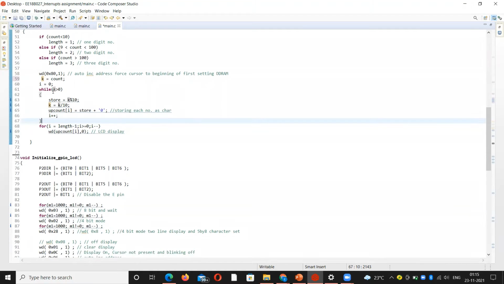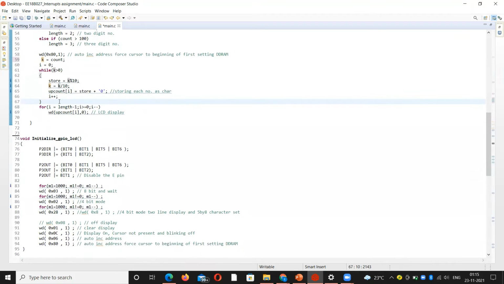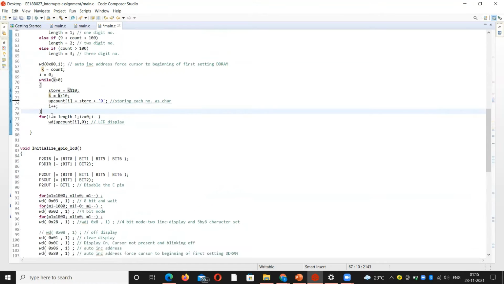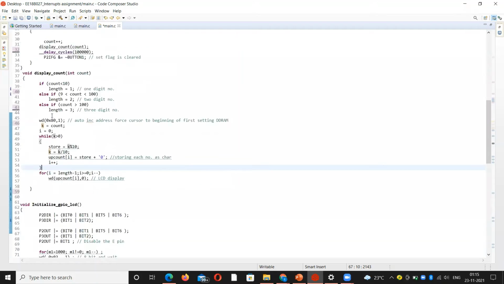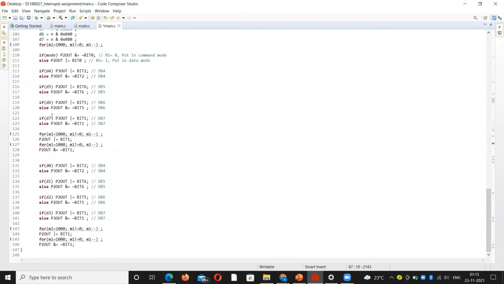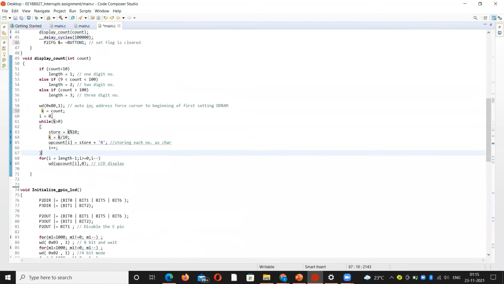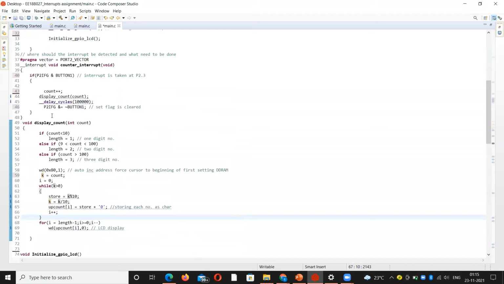The digits are stored accordingly, and finally the digits are passed to this WD, which is used for passing a number as a character to display on the LCD screen. In this way we can implement the counter for counting the number of interrupts whenever we press the P2.3 push button switch.